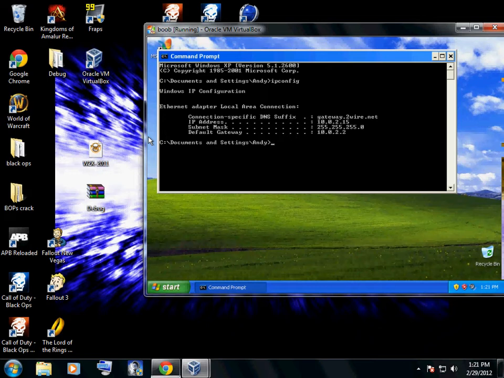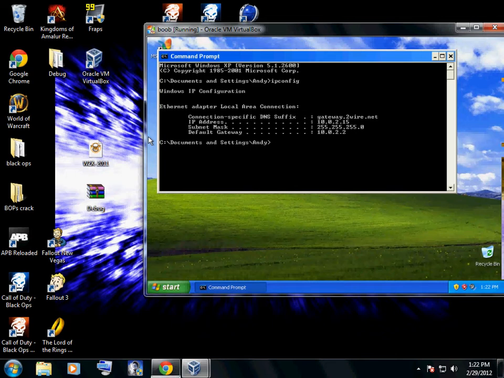The default gateway is what allows you to get onto the internet. The subnet mask actually doesn't really matter. I'm not going to go into detail about that right now. I can always go back and make a video on it and include it. But anyway,